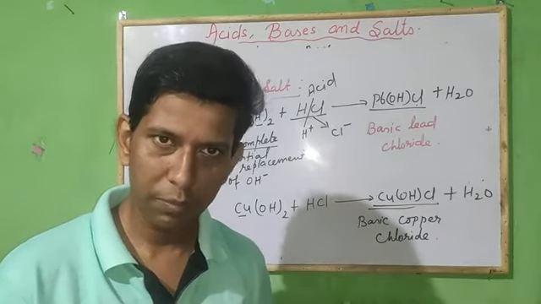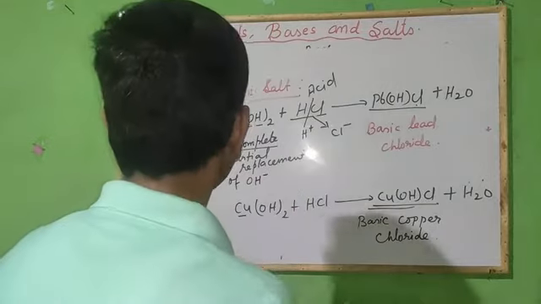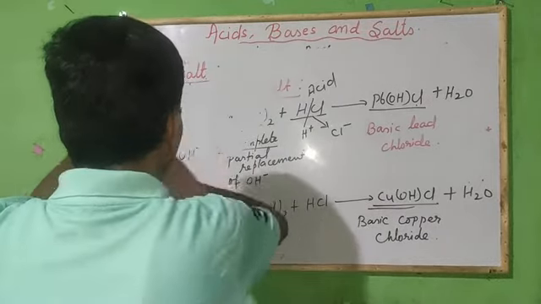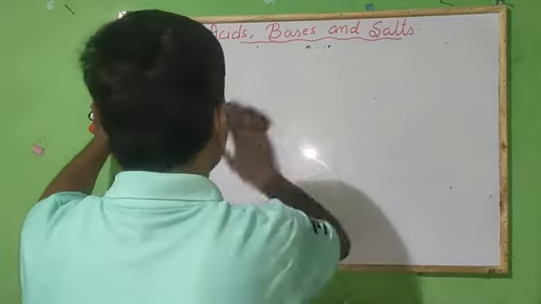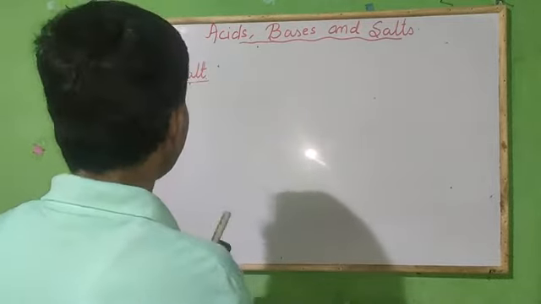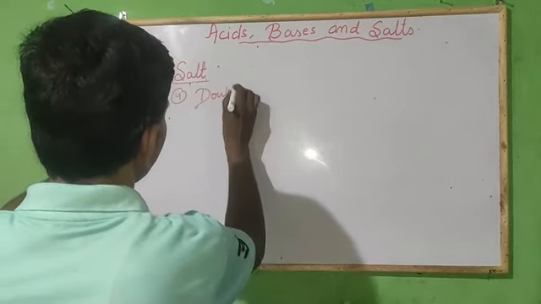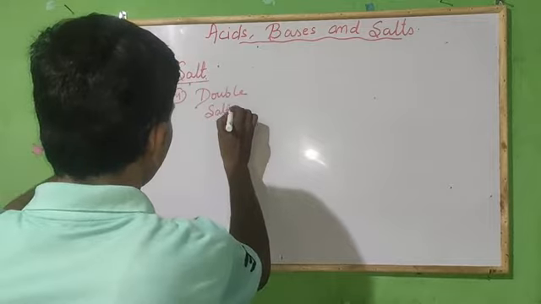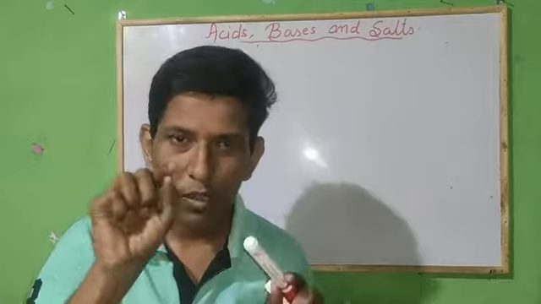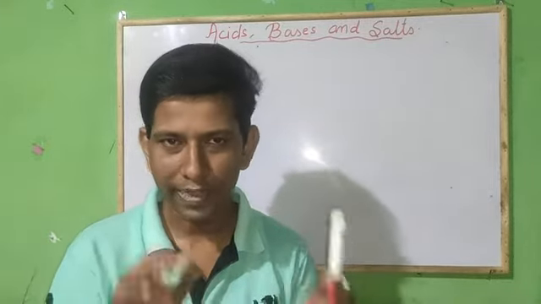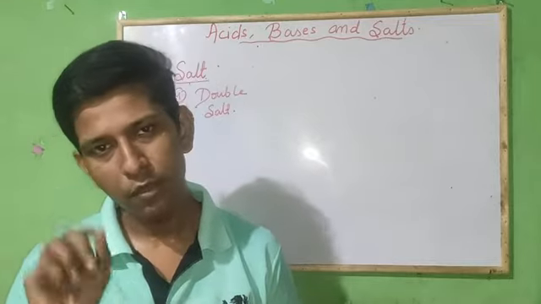Clear? Now the fourth type of salt that we have to study is double salt. It is a very important type of salt that we are discussing. Try to learn, revise the things again and again. The next type of salt, the fourth one, is double salt. Dear children, keep one thing in your mind: in double salt there must be one dot between two salts. At least two salts will be there, and between the two salts there will be one dot.